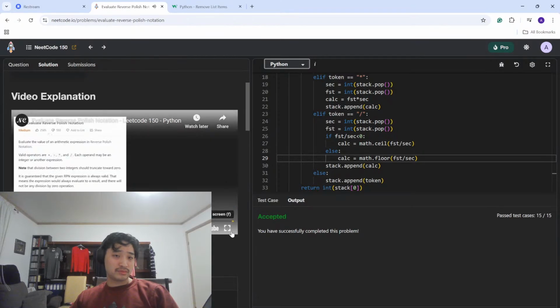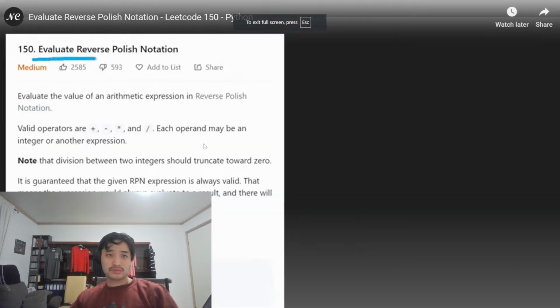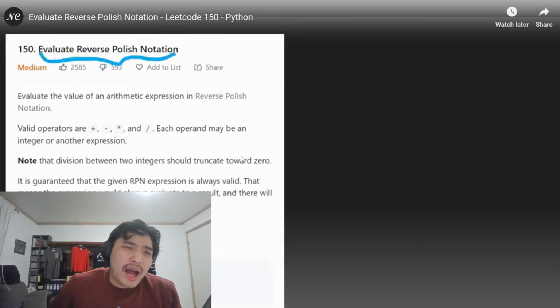Hey everyone, welcome back, and let's write some more Leetcode today. So today let's solve the problem evaluate reverse Polish notation. Quite a mouthful, but basically this problem is about what the meaning of that term